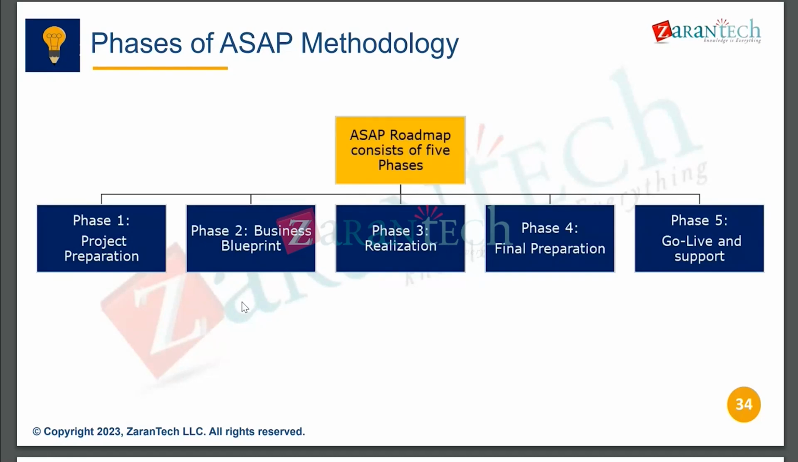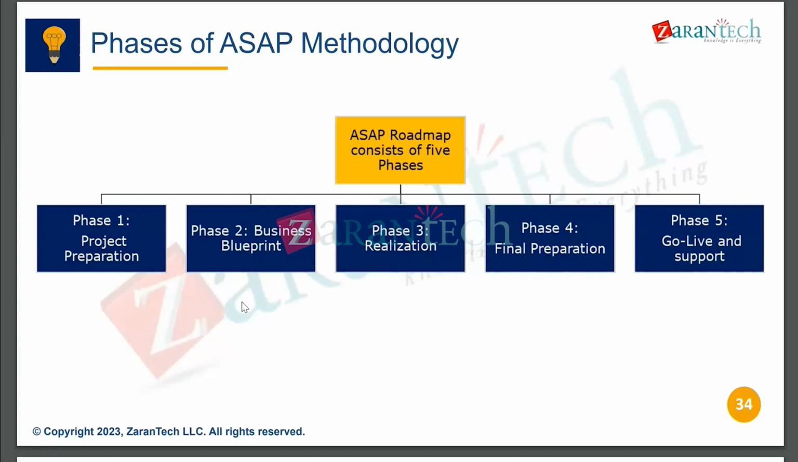Once the business blueprint is accepted by all the business stakeholders, then we'll go to the realization phase. So realization phase is the main development phase, we can call. Where we will do the baseline configuration first, and after doing the baseline configuration, we'll start unit testing. Then, once at least 80% is fulfilled,